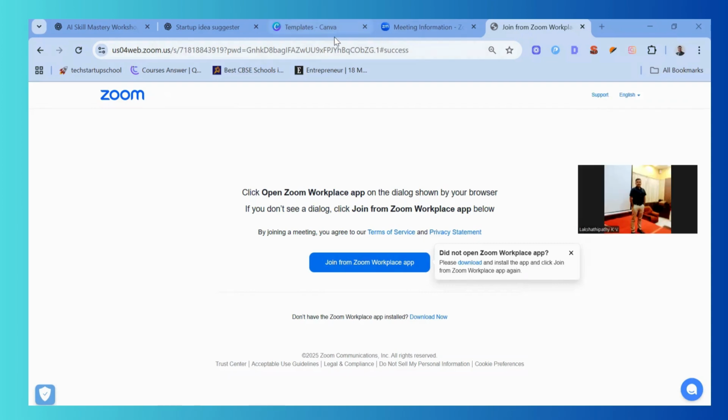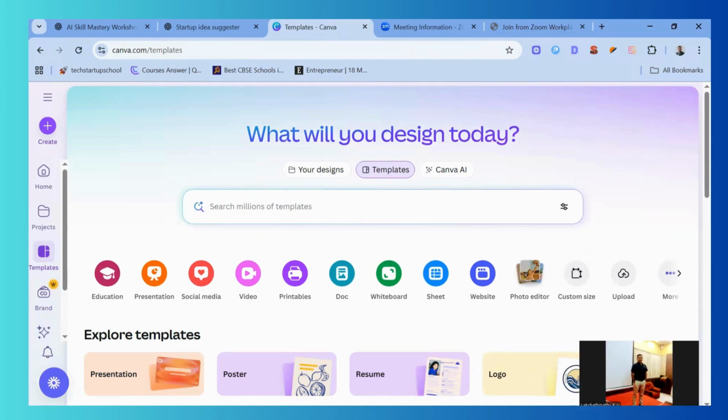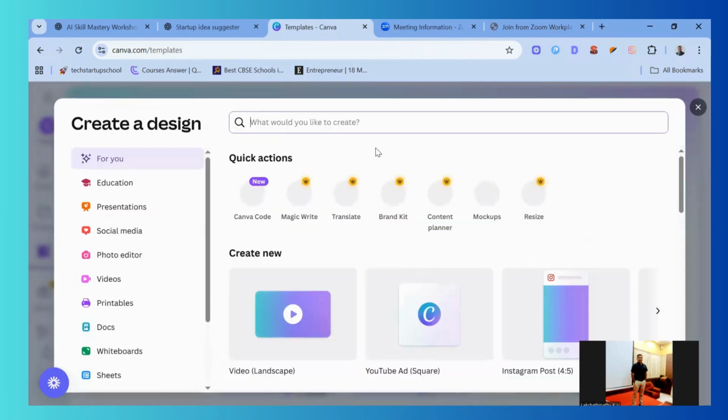So what is required? First you need to have a Canva account that has to be created. Once I have created it, then you can come to this particular page. So then you have to go here, click on create and type post,